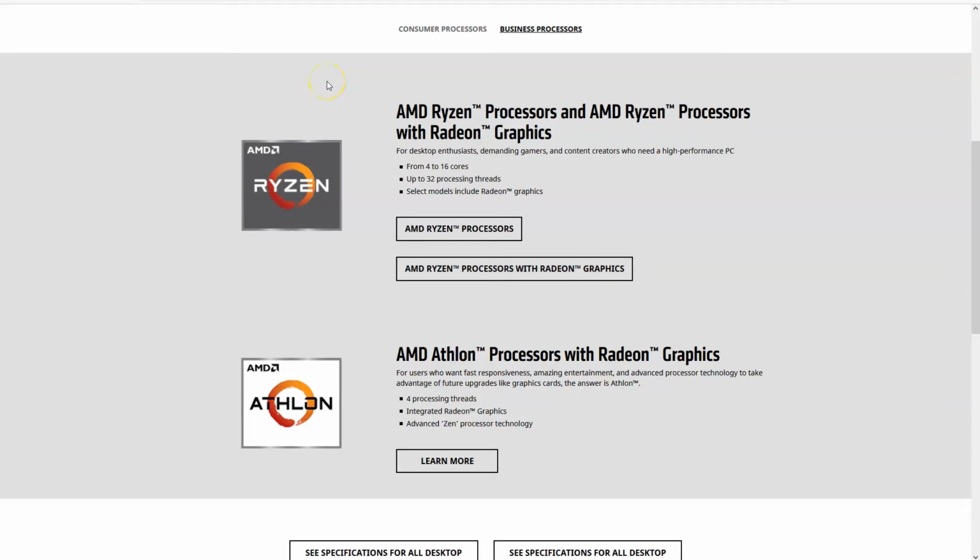Welcome to my guide for Budget AMD CPUs. Here we will explore the entry and the lower range AMD CPUs and APUs. Now AMD CPUs have come a long way in recent years, and I believe I would not be far off